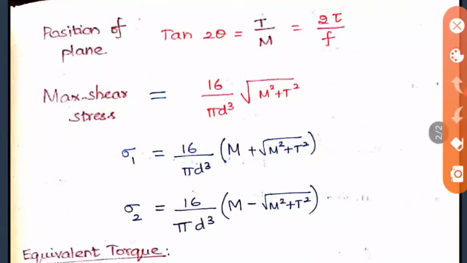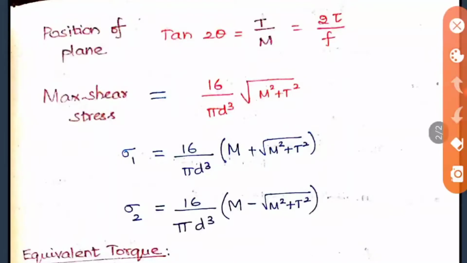Now the position of the plane. We are relating all these values similar to the Mohr circle. We have drawn the Mohr circle in the first chapter, no? With the principal stresses, principal plane and angle, we will be doing the similar thing here. So the position of the plane is tan 2 theta, which is equal to the ratio of the torsion by moment. As we saw previously, the torsion is pi d cube by 16 and the moment is pi d cube by 32 by this sigma. When you take the ratio, automatically it will be 2 tau by f. Sigma only I have written as f here. So it is 2 tau by sigma.